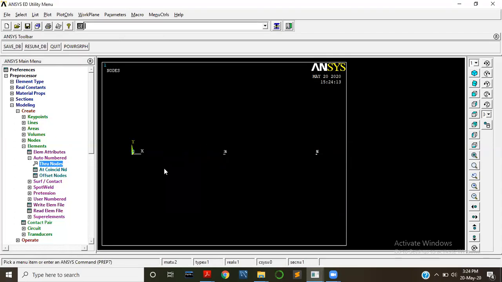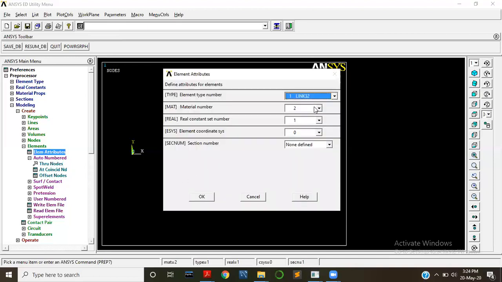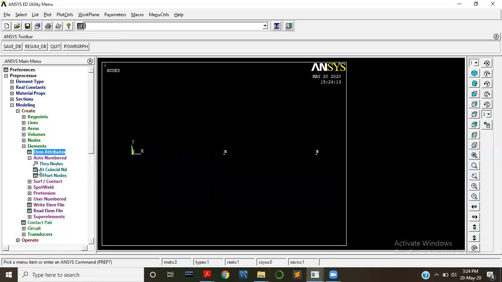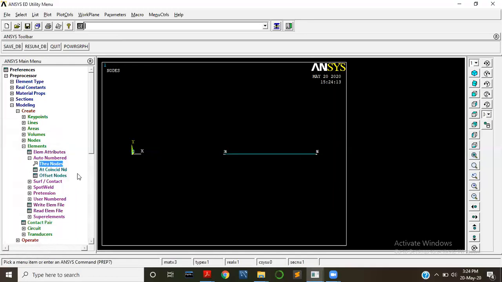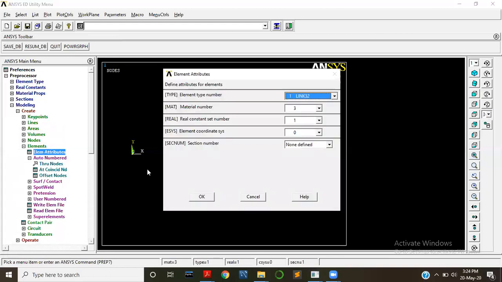Then preprocessor modeling, create element attributes, element type. So here again link 32 and material number 3 and real constant number 1 and OK. Auto number through nodes, select 4 and 5. And now the last one is element attributes.